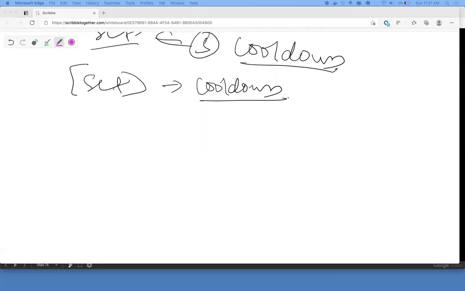If a task has cooled down, you remove it. If it has started executing, you add it to the set. Wait, but how do you know which one to remove? Because a set doesn't guarantee order, does it? Yeah, that's the question. Good one.